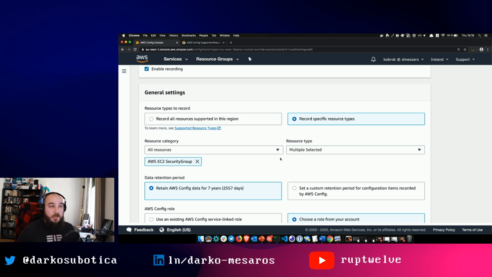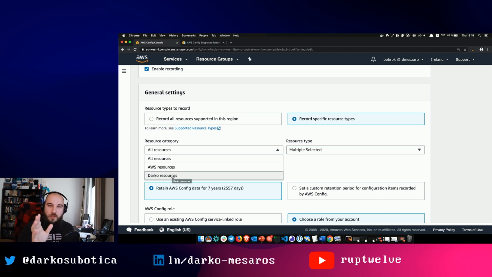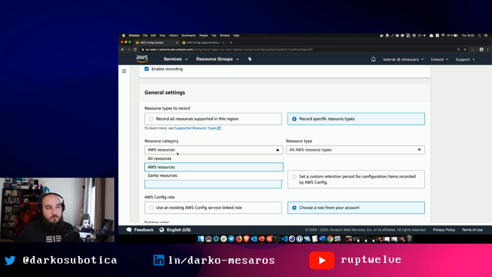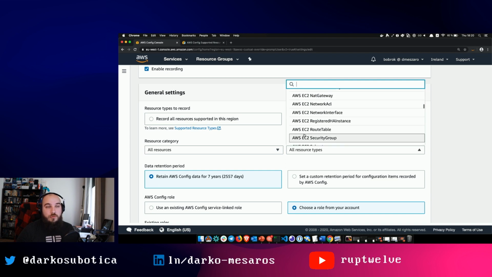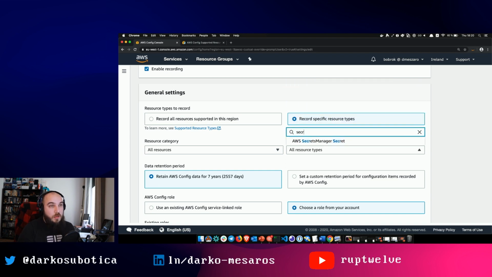So how do you select a security group? You might not have three options here. You might not have third-party resources, because those come from CloudFormation. It's the custom registry thing. Have I done it on stream? No, I've done it in my talk, where you would cover the custom registry thing. But if I go to AWS resources, or in general all resources, I can pick which resources to support. So I will just do security group,